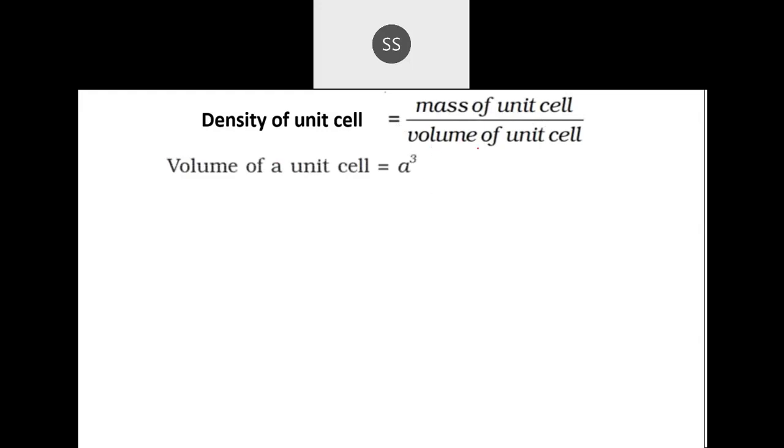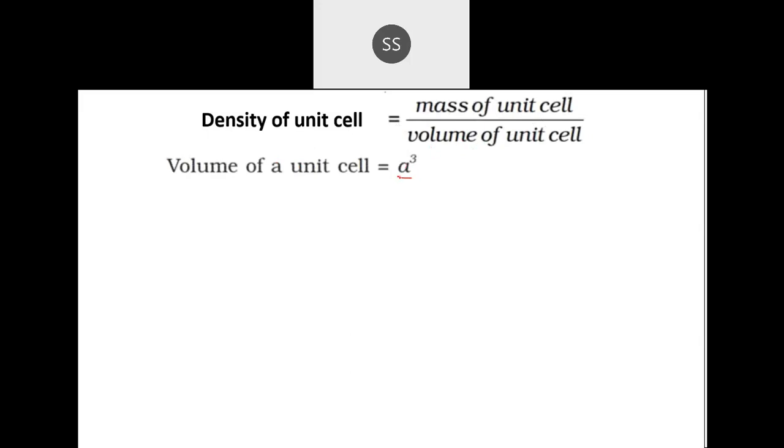So if I have to calculate the density of the unit cell, what I should do is write mass of the unit cell divided by volume of the unit cell. Yes, very good. So density of the unit cell depends on two things: mass of the unit cell divided by volume of the unit cell. Now coming to the volume of the unit cell,